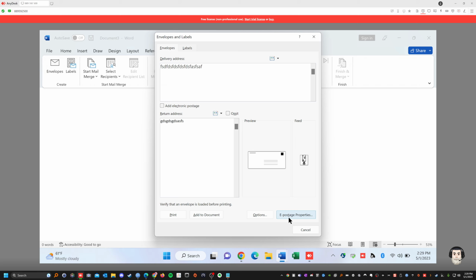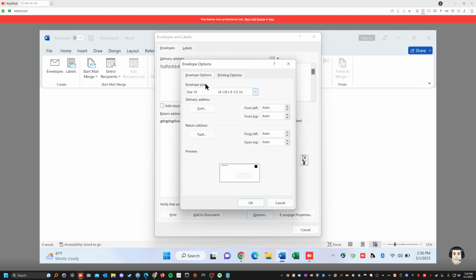Yeah. And then if you have e-postage, like if you're paying postage online, then you add the properties here, and then it prints out a copy on the document, like postmaster, first class mail. It prints it on the actual envelope, so you don't have to put a stamp in there. It's like a prepaid envelope kind of thing, right? Yeah, and this is the size of envelope, right? There's different sizes of envelope.